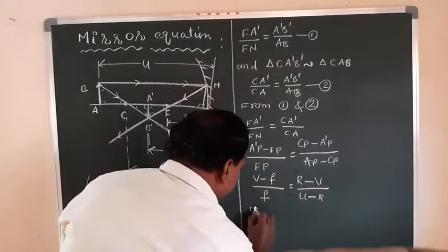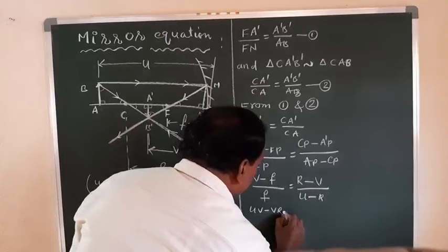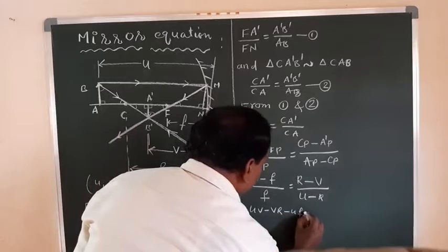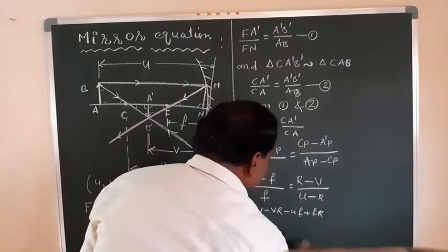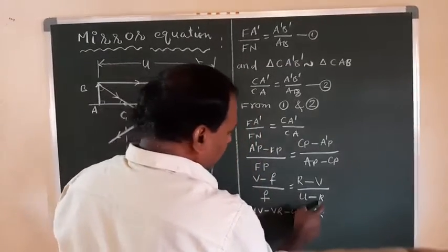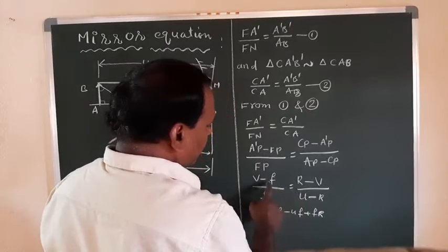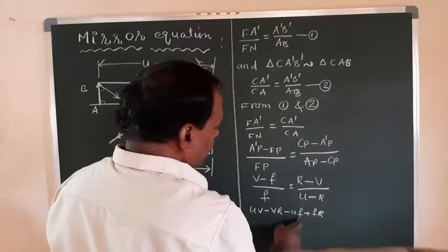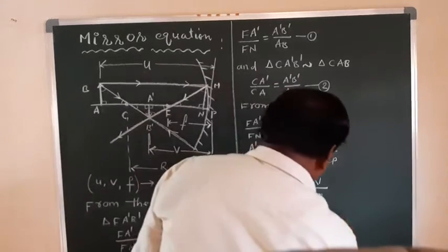That is UV minus VR minus UF plus FR. U into V, UV; V into minus R, minus VR; and U into f, minus UF; and minus into minus plus, this is f into R, FR is equal to,